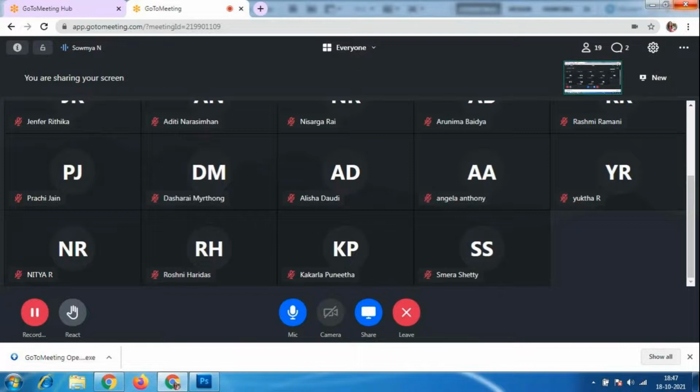How many gradients can we use together? Can we use all the gradients together, or can we use only some gradients? Anybody can tell me? We can use as many as we want.